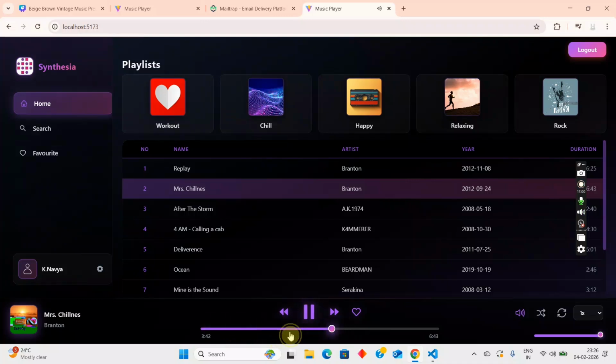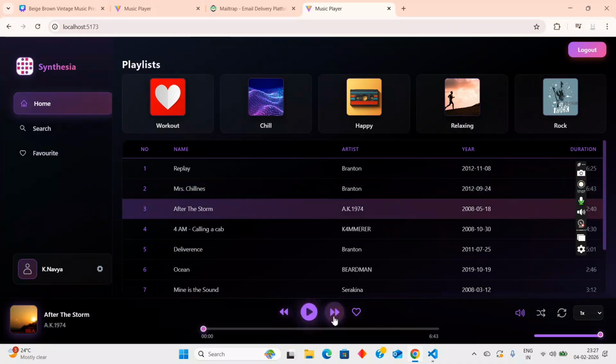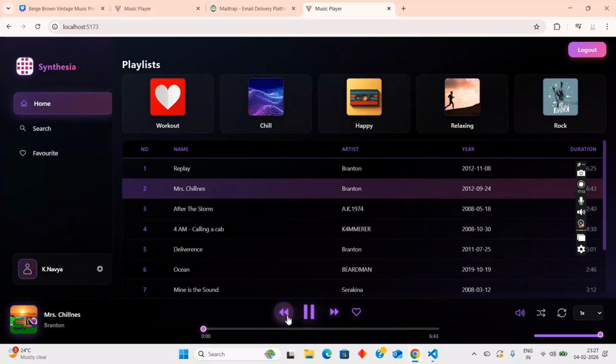We can even skip the track. See, now you can see, and you can even pause the song. You can forward to the next song. See, the button has forwarded to the next song, the third song. And if you want to go back, you can click this button. Here is your liked song. So here the user can play past songs, skip to next or previous tracks, and he can also